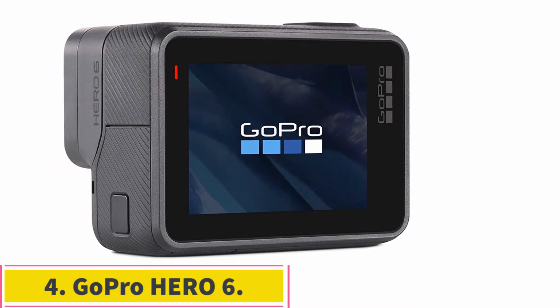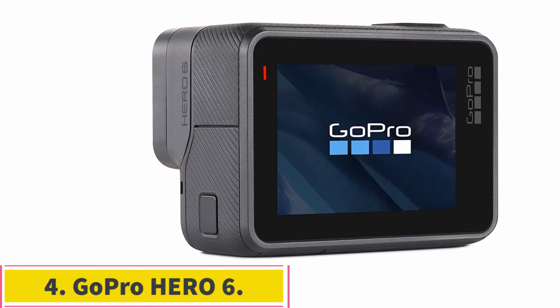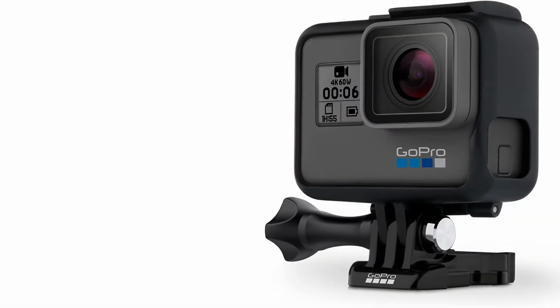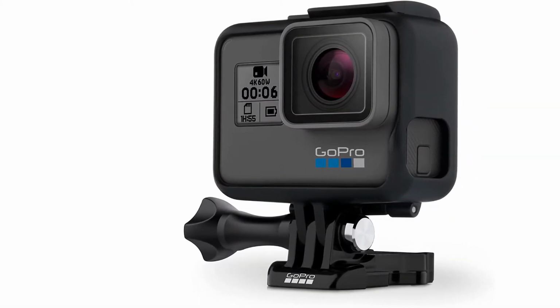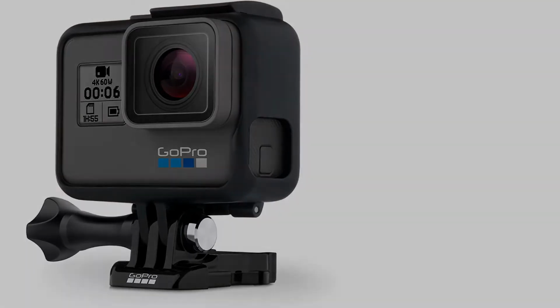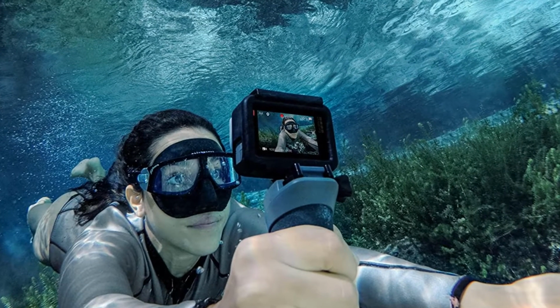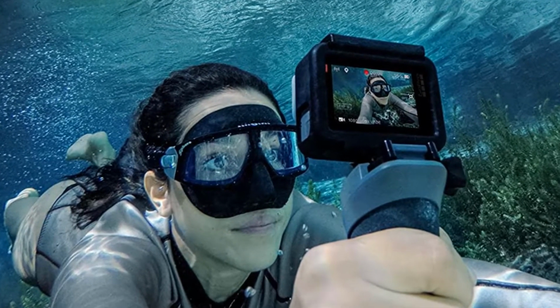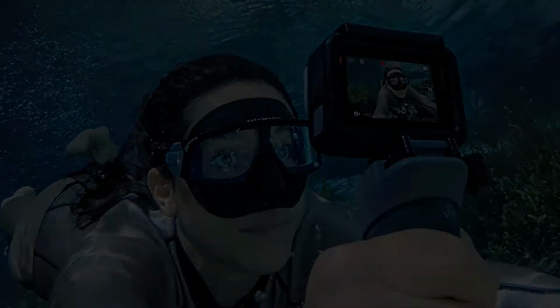Number 4. GoPro Hero 6 Waterproof Camera. With the ability to transform your adventures into incredible quick stories right on your phone thanks to the GP1 chip and next-level video stabilization, the GoPro Hero 6 is one of the most efficient waterproof cameras for sharing life as you live it. The GoPro Hero 6 comes with a new and improved GP1 chip designed for high-speed capture,